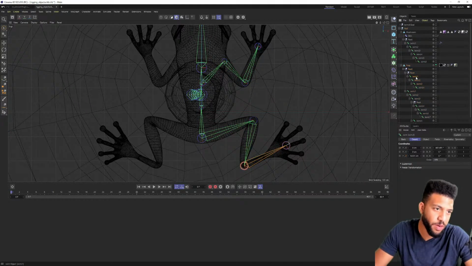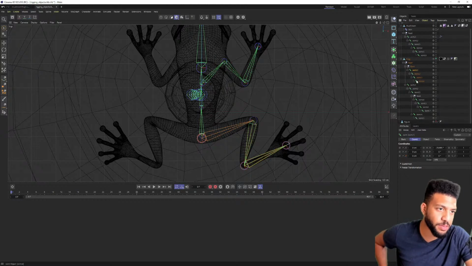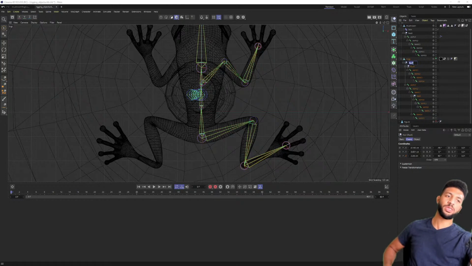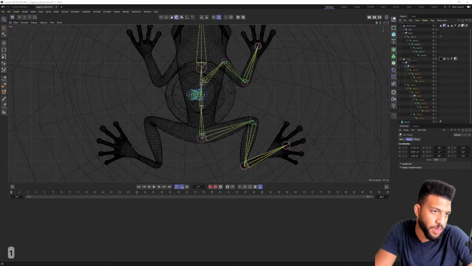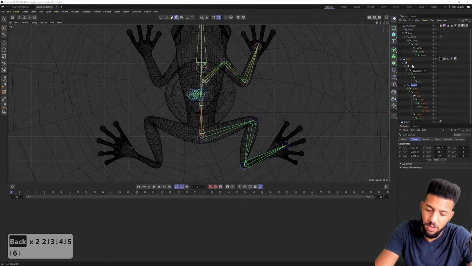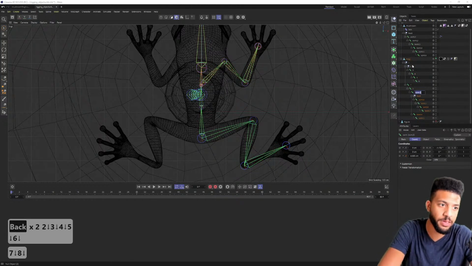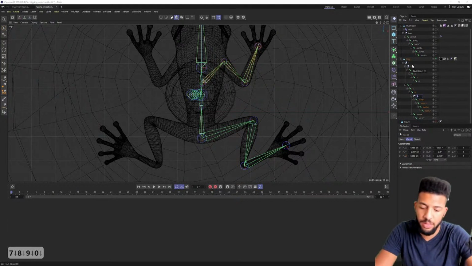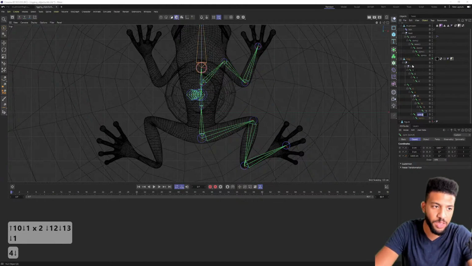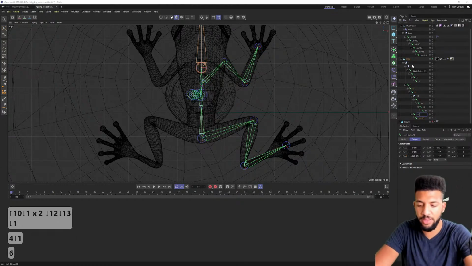What I like to recommend is you want to give every bone in a rig system a unique name. Otherwise, some rigging programs like Unreal get confused if the bones don't have unique names. So the fastest way to do that in Cinema 4D is to double click the first text thing. And I just put like a number. So I'm going to call that 1. I'm going to call this one 2, and this one 3, and 4, 5, 6. And then I'll call this one 7, 8, 9, 10. Oops. 10 is a 1, 0. 12. So I like to try to give a unique name to every bone in a system because it avoids